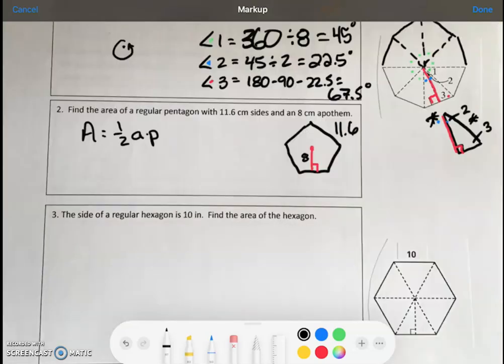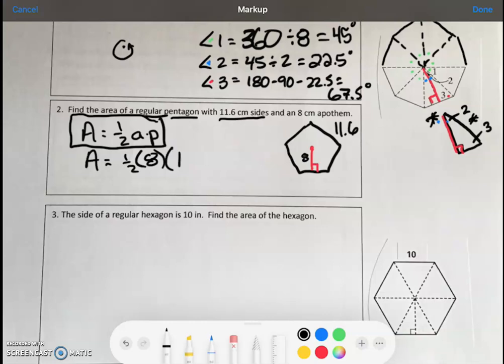All right, for number 2, we are going to try to figure out the area of a regular pentagon. A pentagon, of course, is a 5-sided figure with 11.6 as each side and 8 centimeters is the apothem. I kind of drew the picture here. Here is our new formula, 1/2 apothem times perimeter. Again, that is based on the fact that there are triangles. The apothem is this number 8,